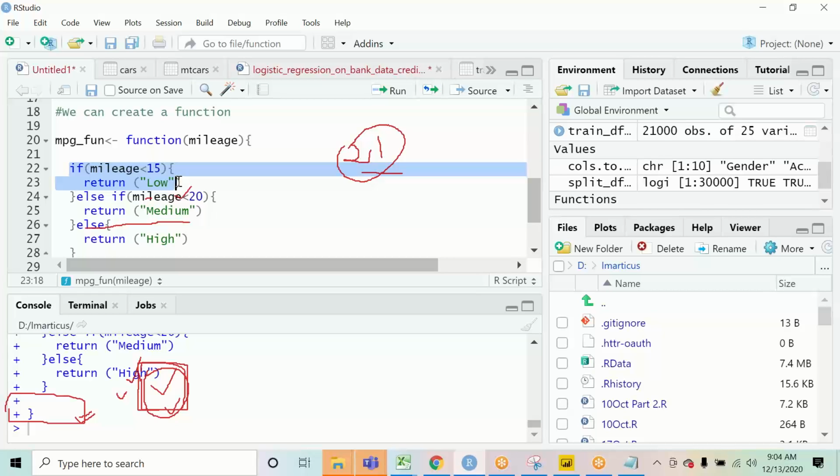Wherever it meets the first condition, it gives you the output at that same step. It doesn't check all the conditions. If it will rain today, I will take the umbrella, and if it will not, I will not take the umbrella. It's obvious, right? The moment my first condition gets satisfied, I just flow with that.